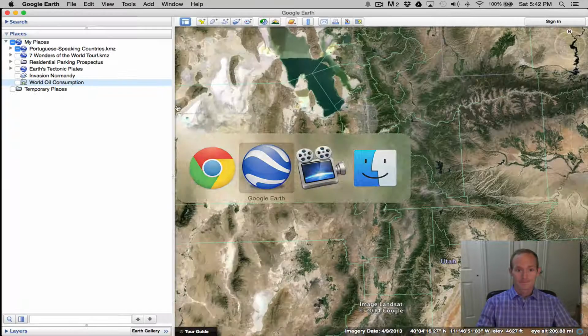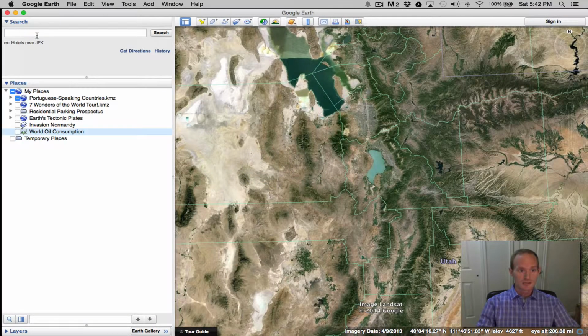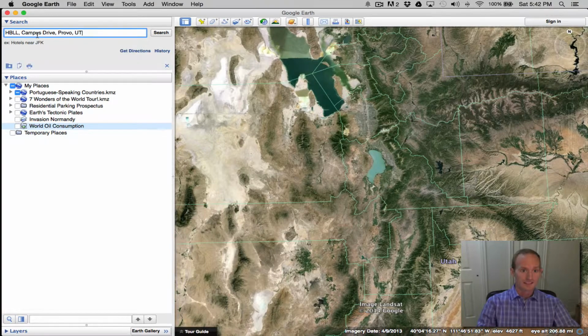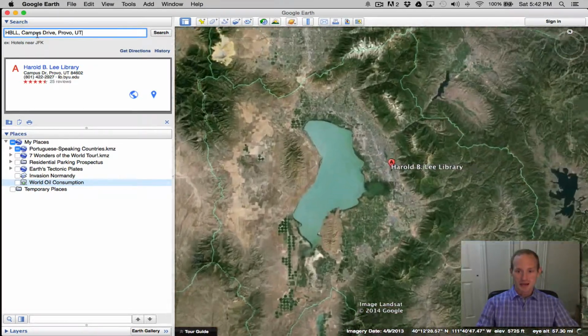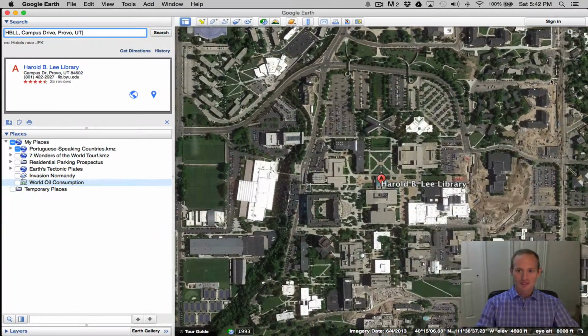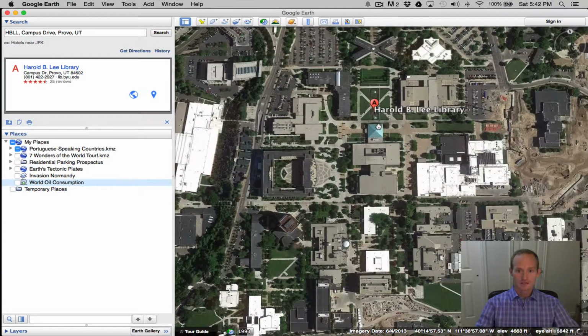Let's do that. So first things first, let's find a place to pin. I'm going to use this handy search tool and just type that into Google. It looks up Google Maps and takes us to the Harold B. Lee Library. Now, here's one other thing I can do to change the look and feel of